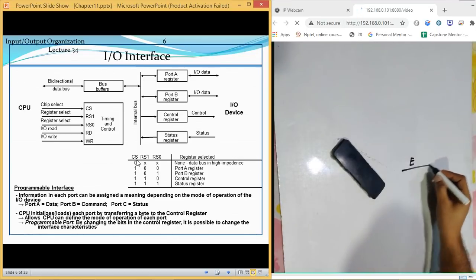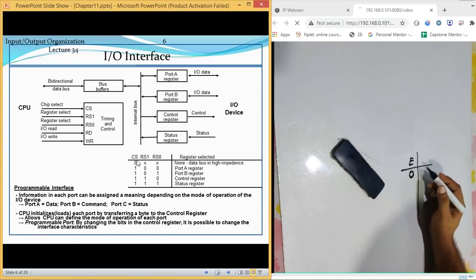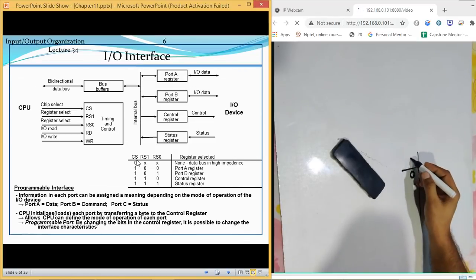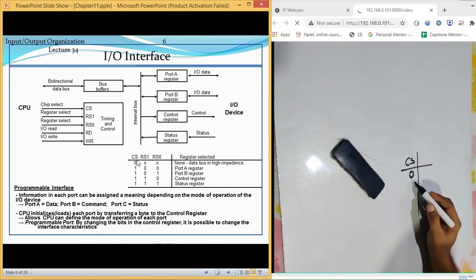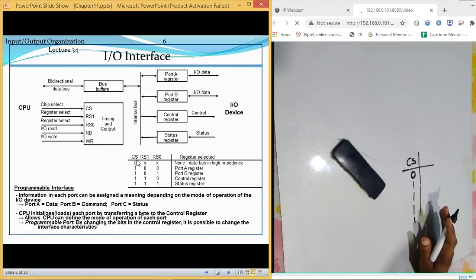So what does it mean? The circuit will only work if the value of this CS is 1. If this CS is 0, this circuit is not going to work. So, say it as simple as this: it is working as an enable, as it was working in a decoder.